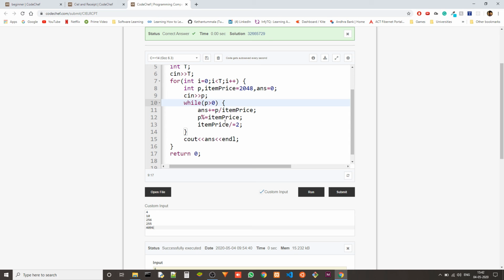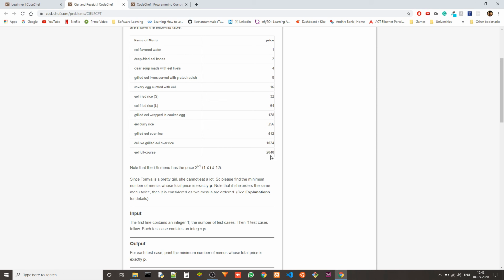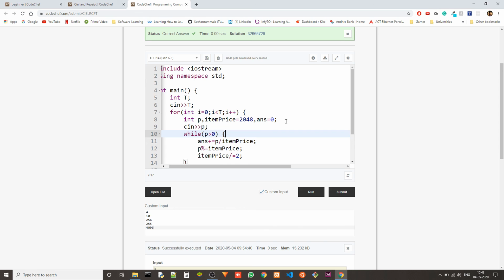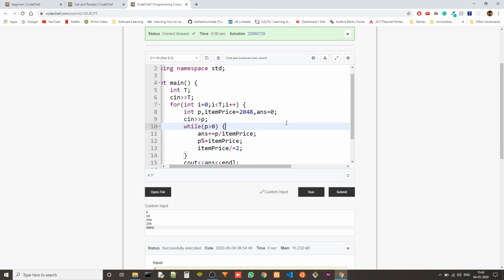There's also another way you can loop through each item price, and you keep deducting one item quantity at one time until you see that the price is not greater than this anymore, right? So that is another way that will take a little bit more time, but at the end it will also be similar, right? So the time complexity is order of 1. So this is one of the best solutions that you can get for this problem.